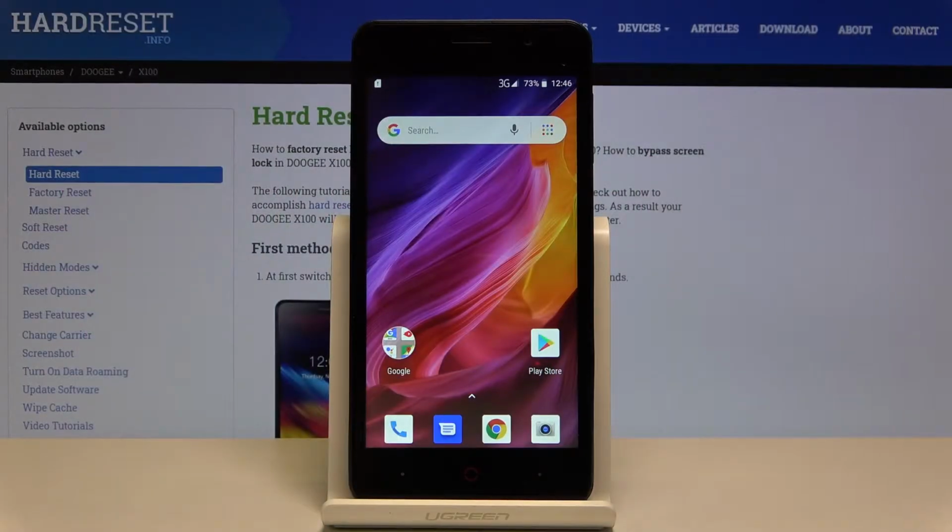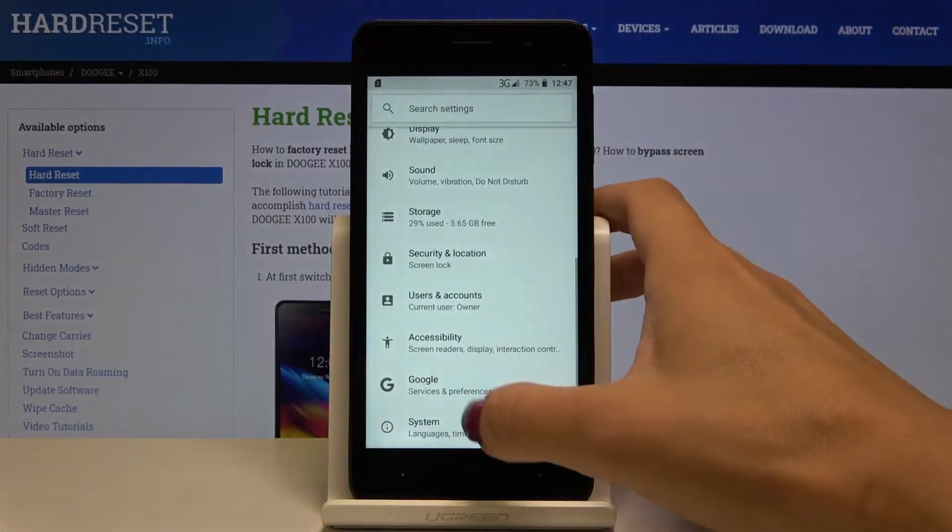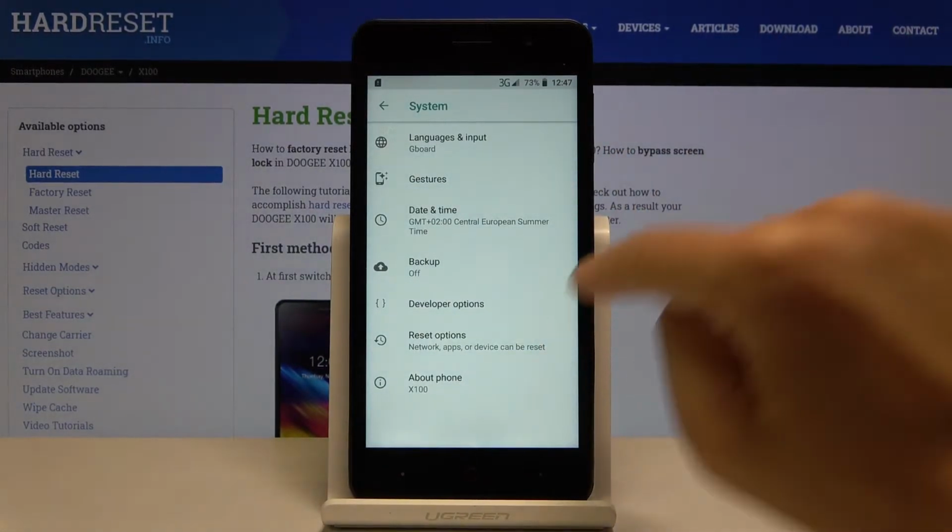Here I've got Doogee X100 and let me show you how to activate RTL layout direction. So, perfect feature for left-handed people. If you want to activate it, just open the settings at first, then go to System, click on Developer Options,